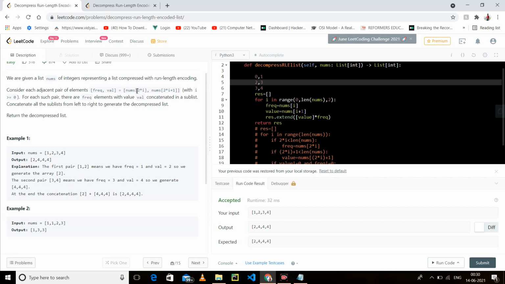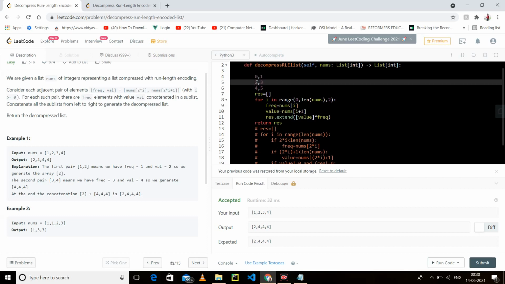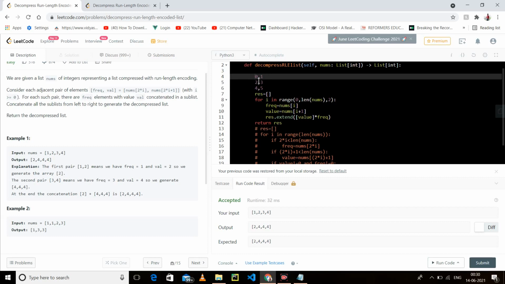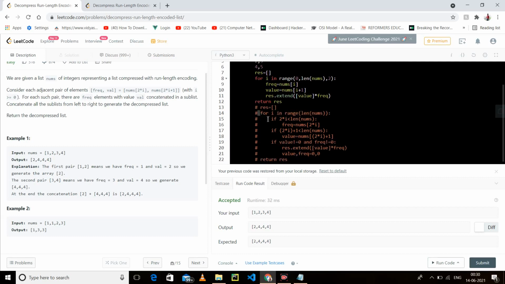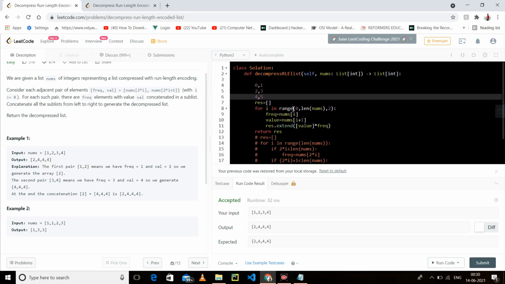Then it becomes 2 3, then when you put here 2, it will become 4 5. So you can say that our first index is 0, 2, 4, so it is jumping by 2. Instead of going 0 1 2 3, we can also do it in this manner: first we traverse 0, then we jump by 2, it becomes 2 and 3, we traverse 2 and 3, then I jump again by 2, it becomes 4 and 5, and it will not give me any out of bound.